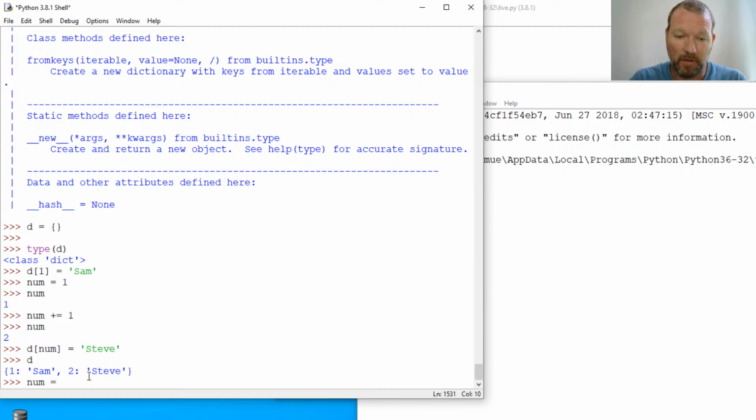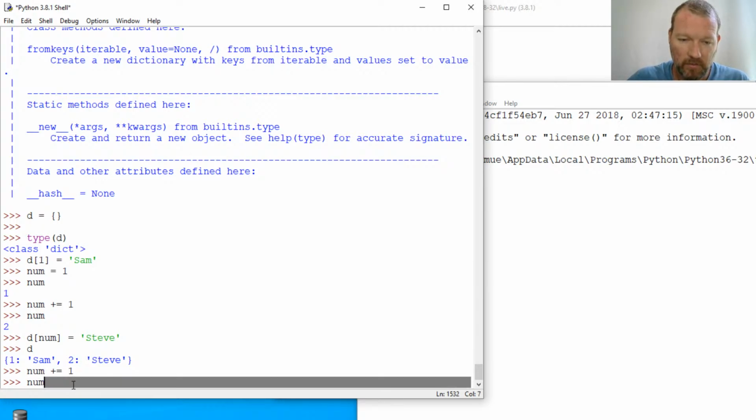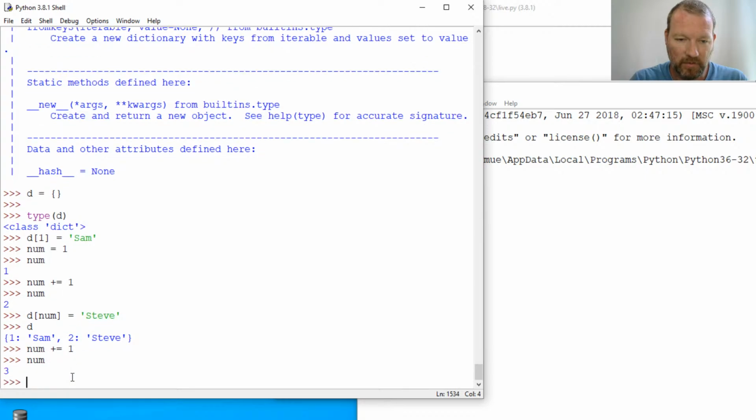Then when I got down to the bottom of it, I incremented up another one by 1. Again, Python does not care. As long as it has information for the object, if it has information stored in memory and Python can process it, you can use it. So if I wanted to add another, num is now 3. So if I go num and I then Joe,